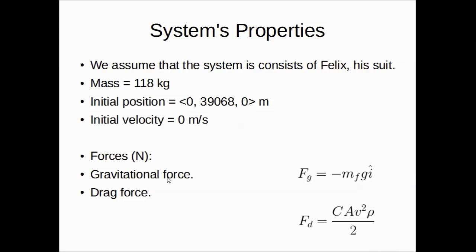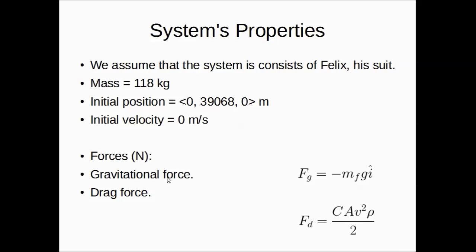And here are some of the system's properties. We assume that the system consists of Felix and his suit only. The mass of the system is 118 kilograms. The initial position, which is in the y component only, is 39,068 meters. The initial velocity is 0 because